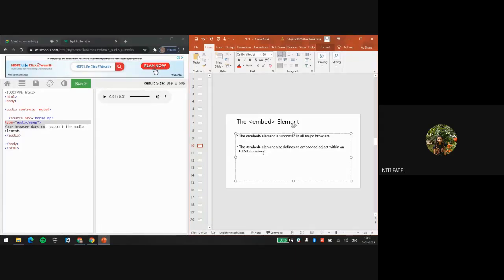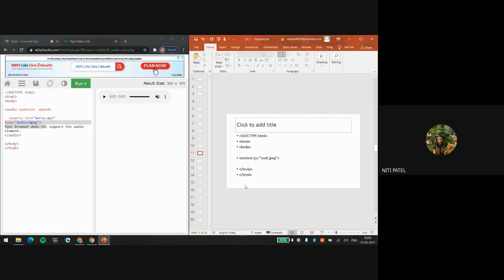We could add some links, some images, some tables, forms, and frames. Now we just saw that we are able to add audio also. In the same way, when I'm putting any object, I can put that object by using this embed element also. Whenever I use any object inside the HTML with the embed tag, we say that we have embedded an external object inside the HTML document. Let us see how we can use this HTML embed tag.